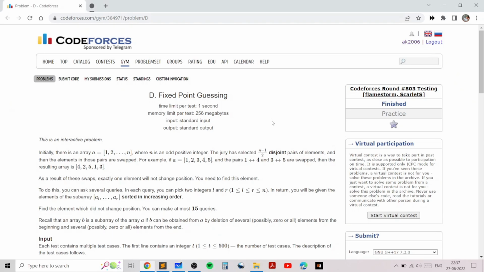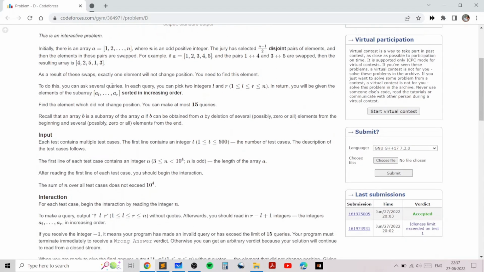So in this problem we're basically given an array A consisting of n elements, where n is odd. Now the jury has selected (n-1)/2 disjoint pairs of elements and has swapped those elements. So initially the array A is the identity permutation, and then the jury has swapped (n-1)/2 pairs. Since n is odd, one number remains exactly in its place. For example, if A is 1, 2, 3, 4, 5, and he has swapped the pairs (1, 4) and (3, 5), then the number 2 remains in its place, and we need to find out this element which does not